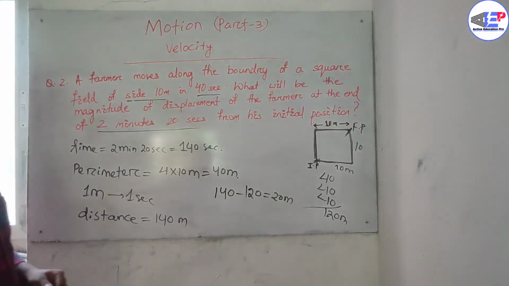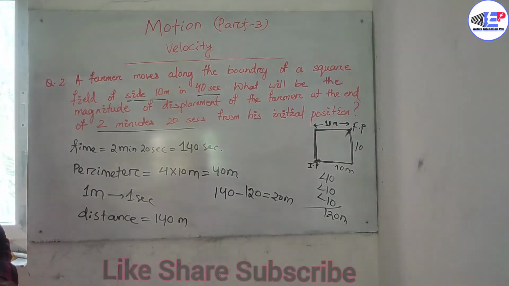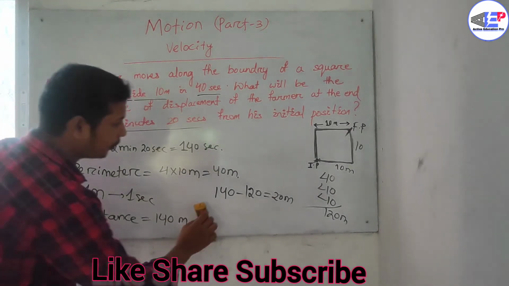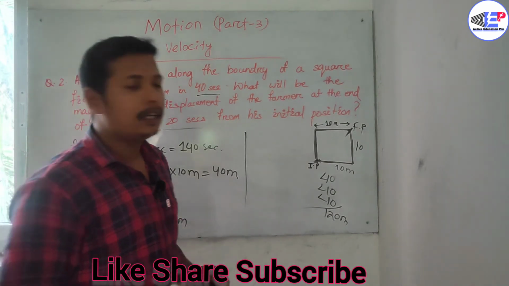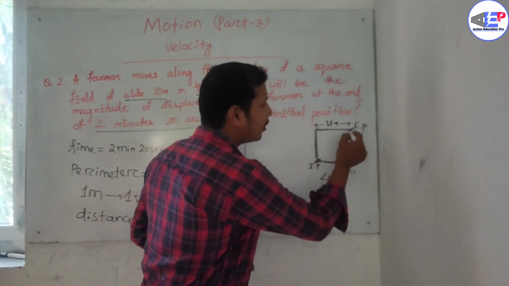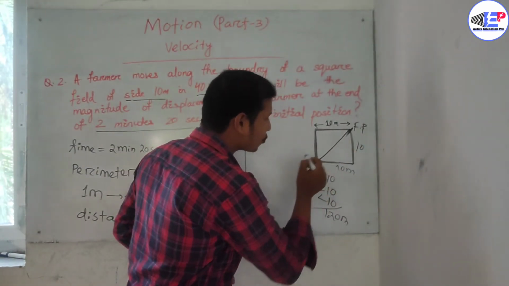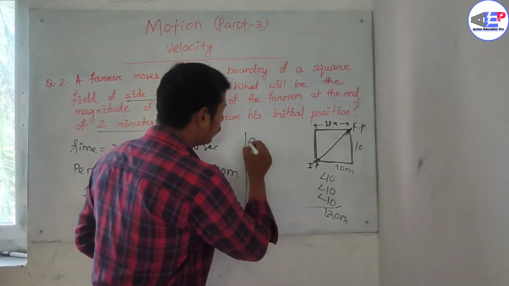So given that, we have to find out the magnitude of the displacement. Displacement is the shortest distance between initial and final position. So the diagonal of the square field will be the displacement. So its value